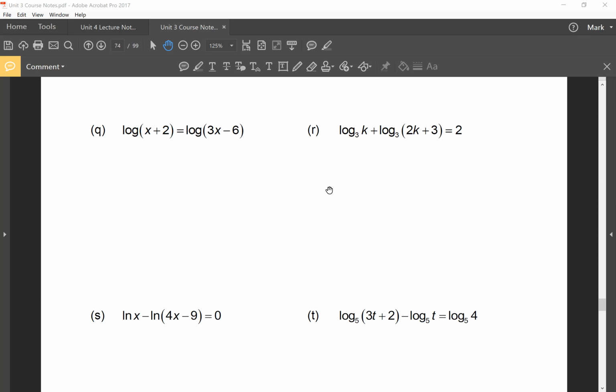Okay, so let's look at some answers for this one. Q is quite easy, but then R, S, and T get a little bit more challenging. That's why I picked these examples. There's a few ways you could look at this one, but realistically, all you have to do is,